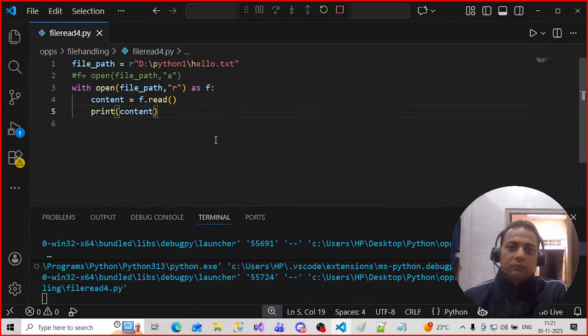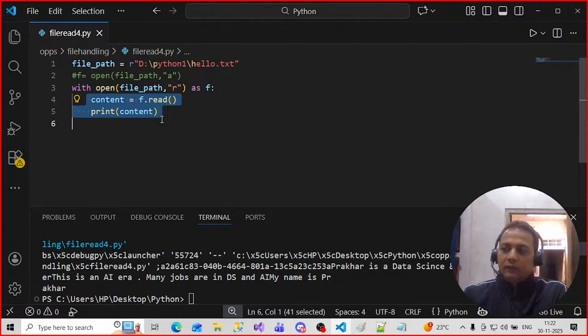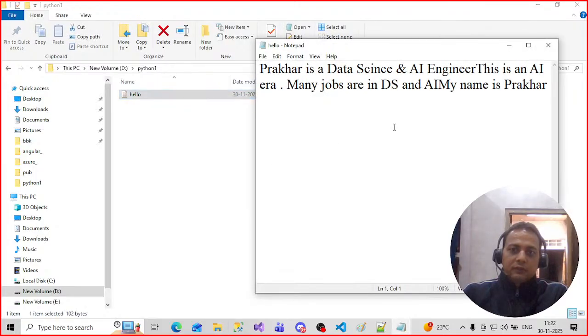This is the best practice recommended in Python to work with file handling. Use with open, then the file path, the mode, create the alias, colon, then do the remaining operation. Correct? Now I want to write multiple lines. I want to perform the write operation. Correct? So let me open the file and